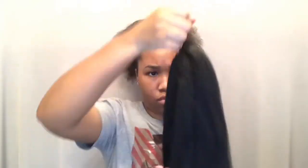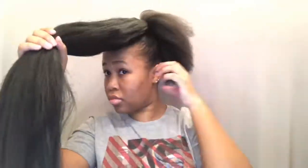And then I am going to go ahead and apply that ponytail to my head. And I'm just going to loop it around once because I already got a scrunchie on there securing my hair. So it's not to secure, it's just to get the braiding hair on there, okay? And then I'm going to flip it over my natural hair. So the weave is on top, my natural hair is on bottom, and then I'm separating it into 3 sections